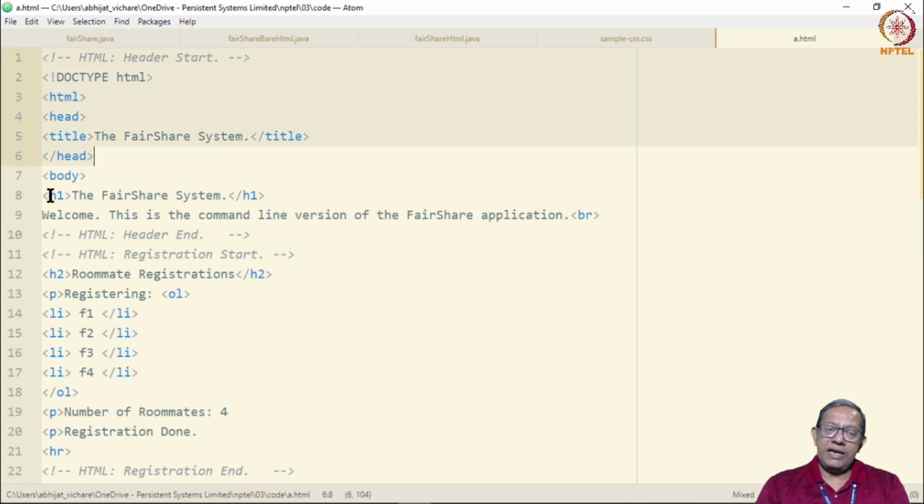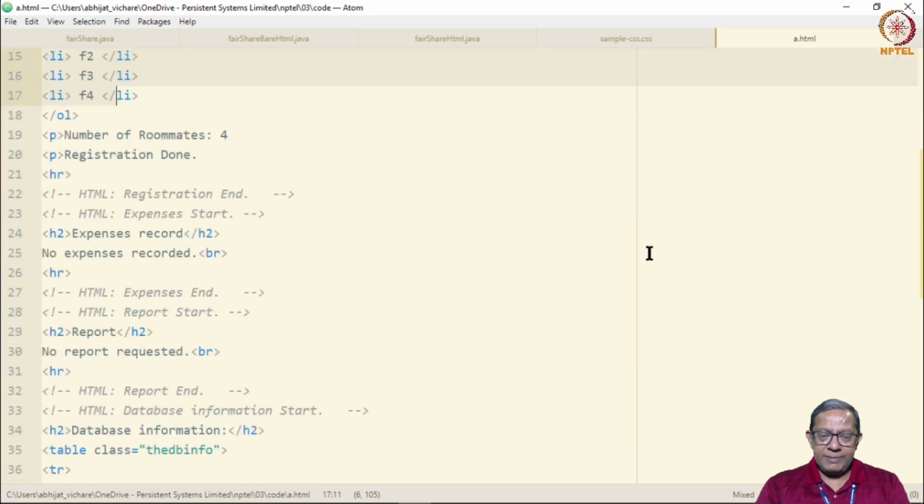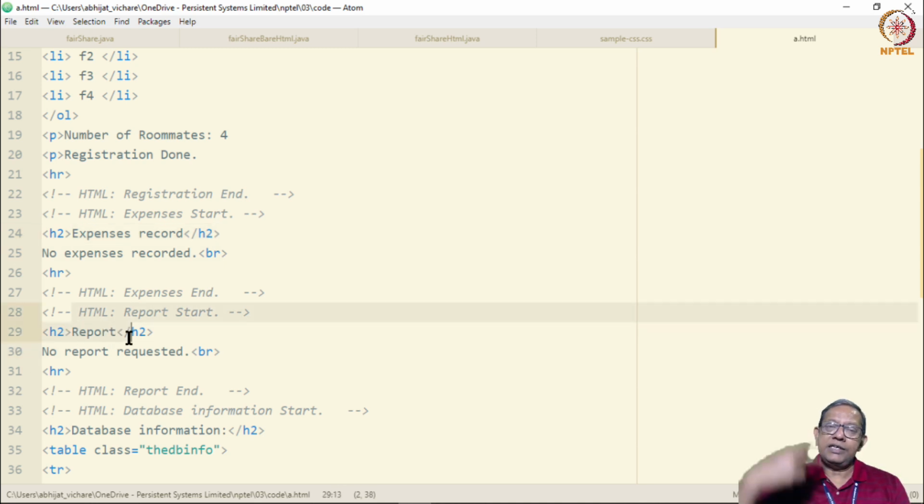The body contains registrations, then expenses if any, and the report if any. Each of these parts of the one single HTML page is produced by different methods in the Java program.